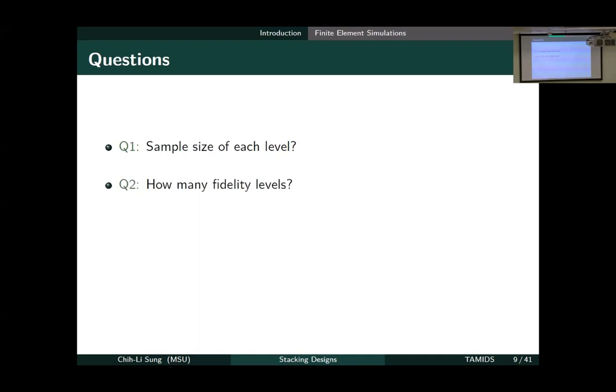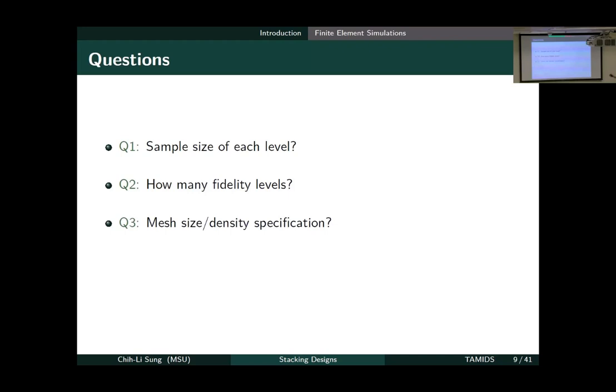Right. Second question is, how many fidelity labels should we use? Well, in the previous example, I was using 3, right? How do we know these 3 fidelities are the optimal ones we should use? And related to question 2, how do we decide the mesh sizes? So in the previous example, I showed you 3 different mesh sizes. Are they optimal? And can we find